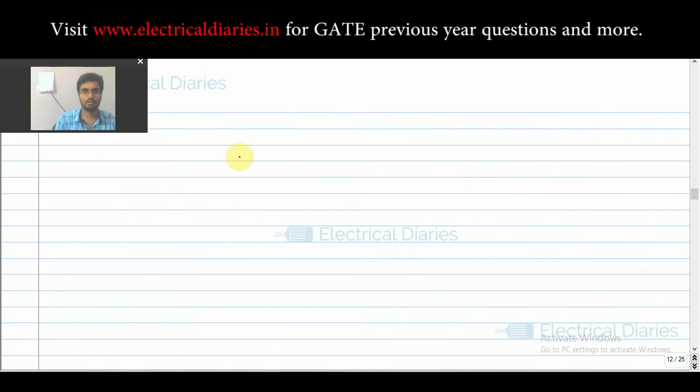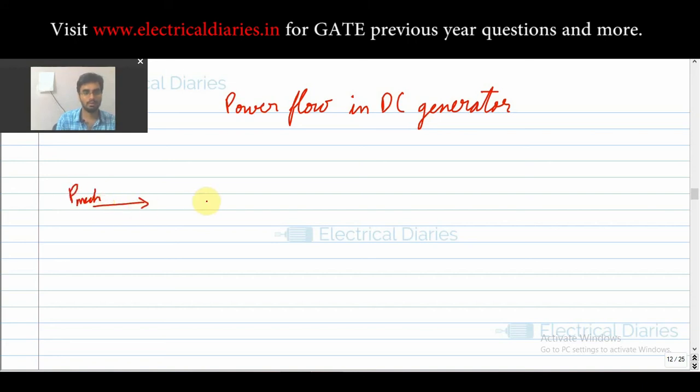in any DC generator. So our topic is power flow. Power flow schemes in any rotating machine are always useful to keep in your mind. So, power flow in DC generator can be seen as follows. This is your mechanical power input, P mechanical, that is you are rotating the turbine. Now some EMF is produced in the windings and there will be your armature loss.